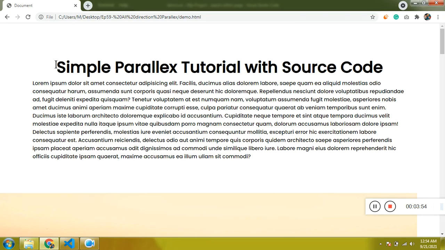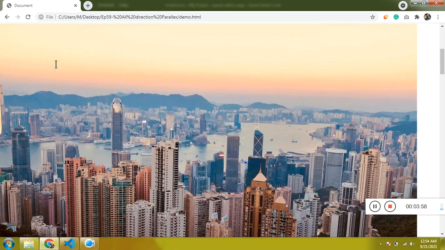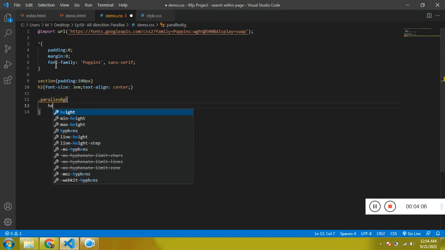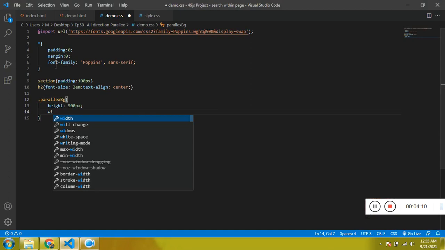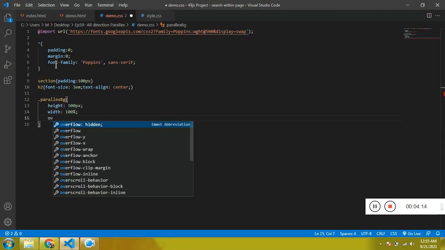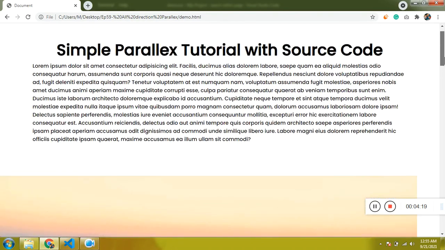Cool. Now let's style the parallax-bg div. Height is going to be 500 pixels, width let it be 100%, and I want overflow hidden so that it doesn't go out of 500 pixels.